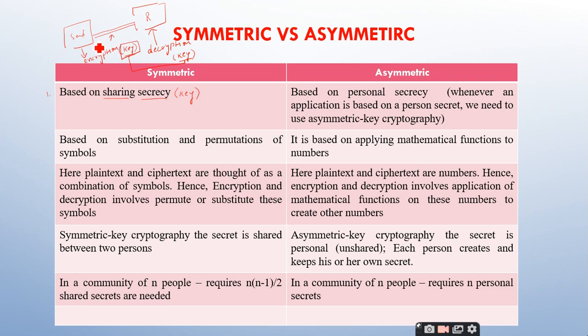So that is the reason why we won't send this key through this communication channel. Why? Because it is less secure. So in order to send this key from the sender to the receiver, they are going to use some other communication channel which is highly secured in nature, very highly secured. So this is how symmetric key cryptography works.